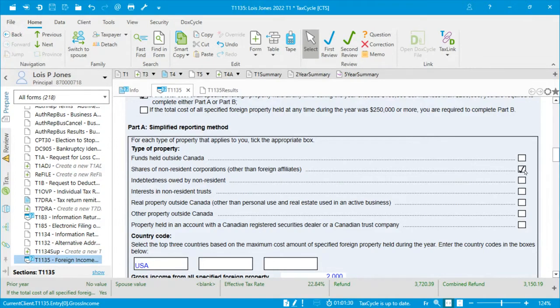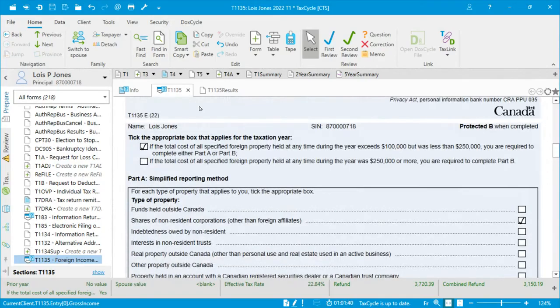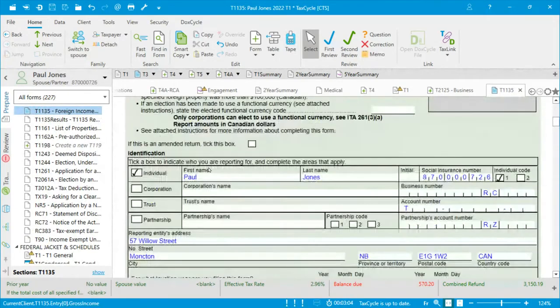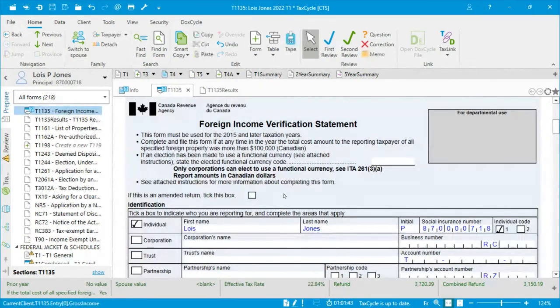So it's already calculating for me that I have some non-resident corporations. It's put in my country code here for me in the simplified section, and the total gross income and the gain. Now, if I go over to the spouse, there isn't going to be anything here right now because I didn't share with spouse, but let's go back and